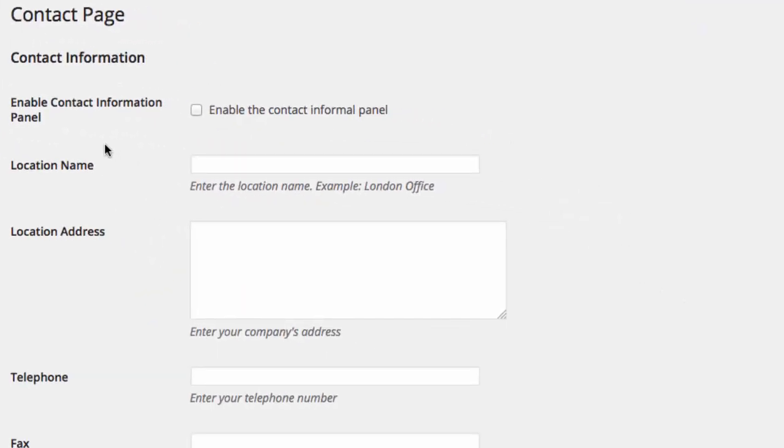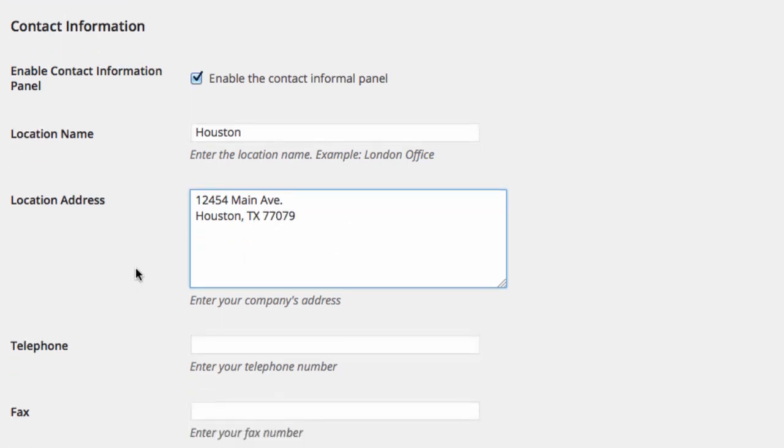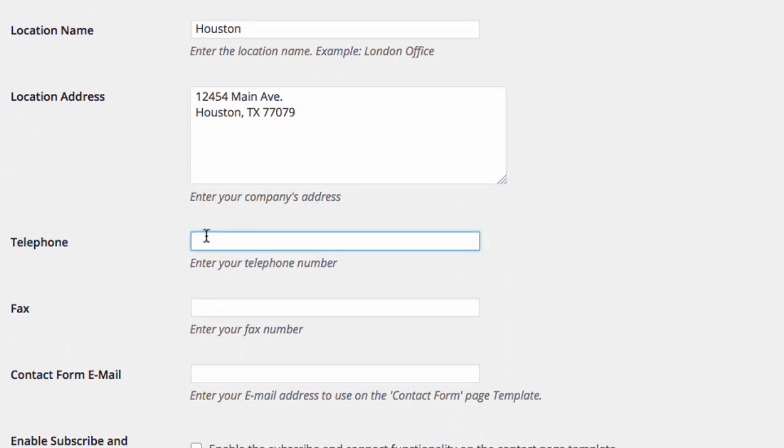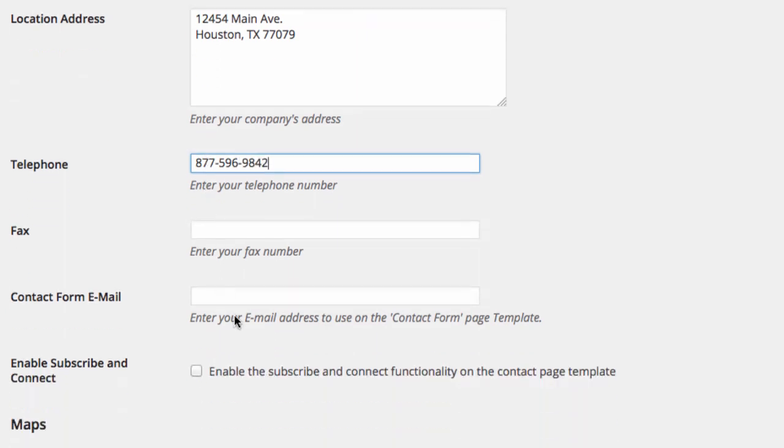So all I have to do is check enable the contact information panel, then I'll say location name Houston, then an address for my store if I have a brick and mortar store, zip code, my telephone number so people can reach the store if they need to, my contact form email,